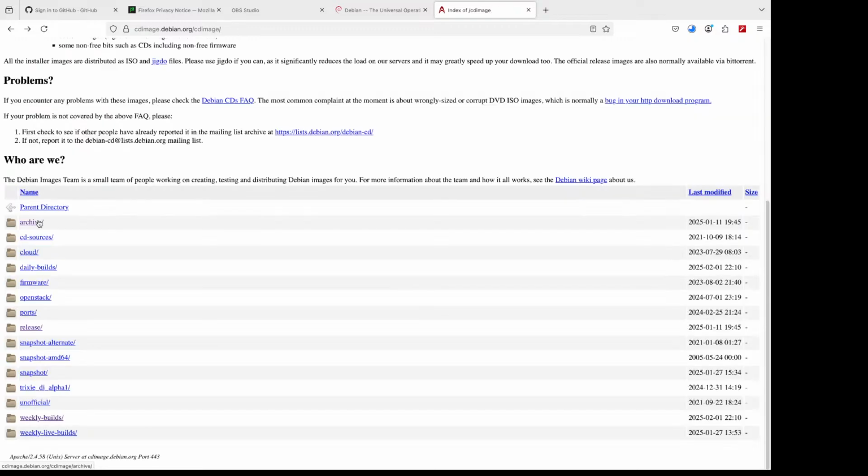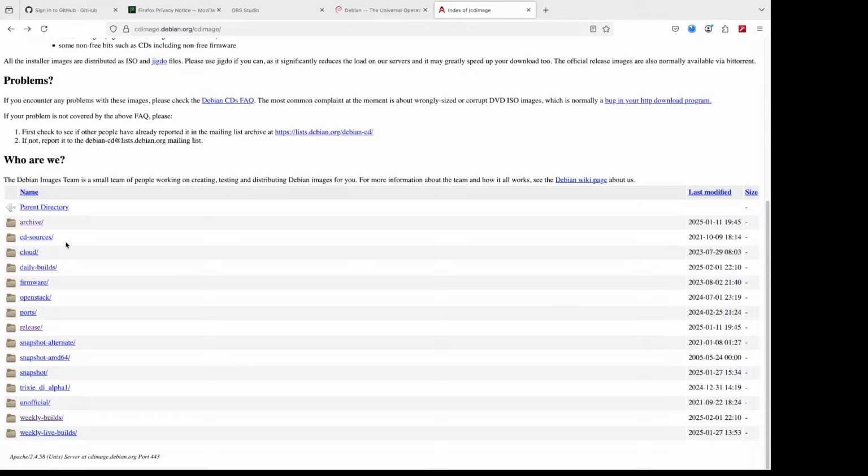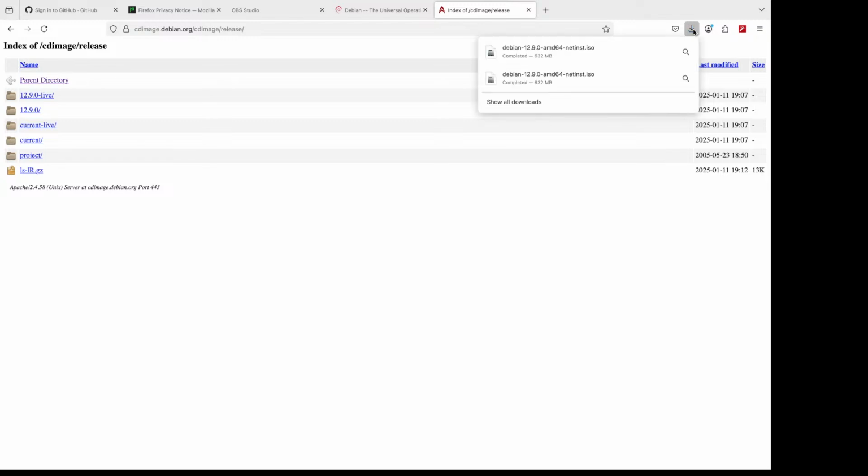Let's say if you wanted to have one of the old stable versions, we were supposed to go to the archive section. Right now we have kind of a vast collection of those old stables. Whenever we needed so-called testing, then we could go to these weekly builds. But right now our object of interest is the release. Okay, once we have it downloaded,